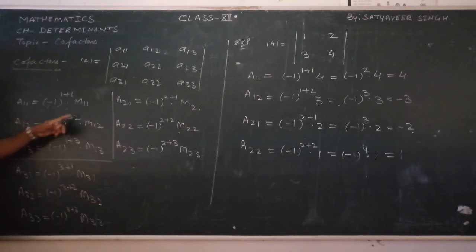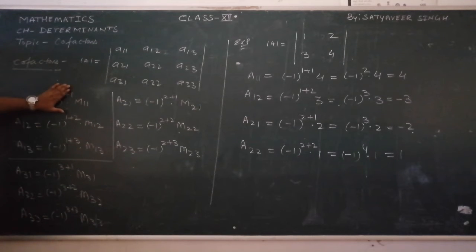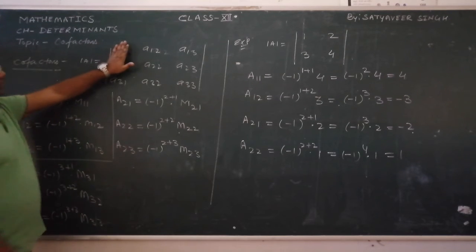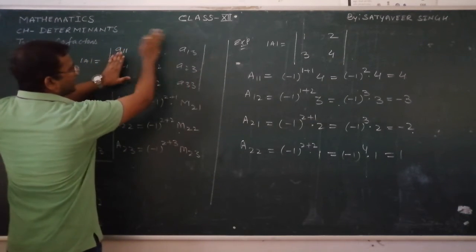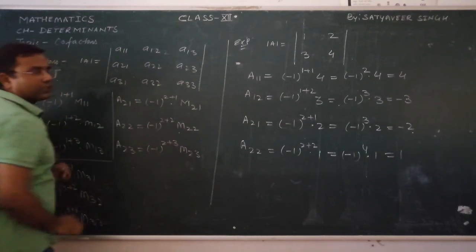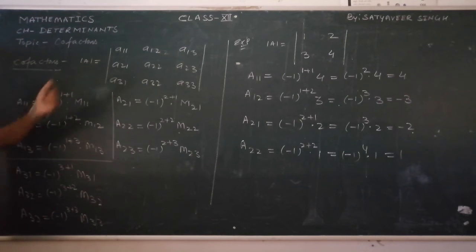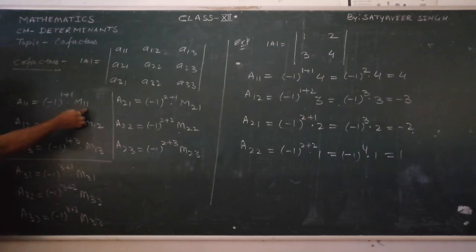The main thing is, what up till here we have done. Minors we had learned in the previous lecture, how to find them out. That procedure will be the same. This is the minor, again I am telling you. It means the value is calculated by hiding this row and column, and you solve the determinant of the remaining elements. So you will get that from the determinant. See now, the main part is what we have added new, this particular value. It changes the value of the minor into the cofactor.